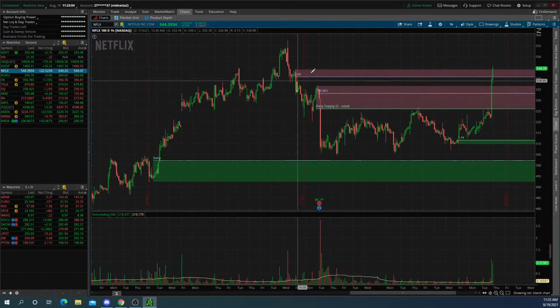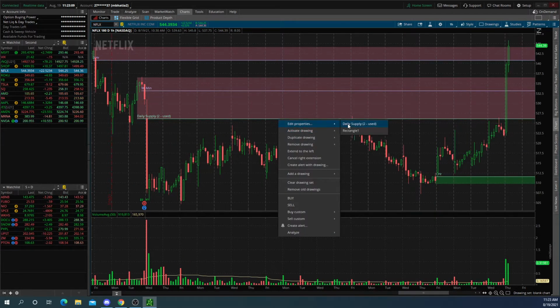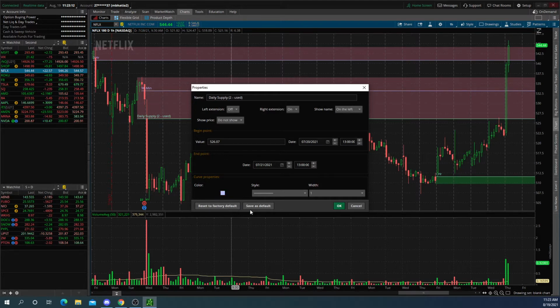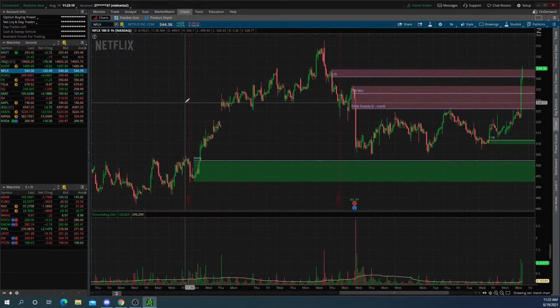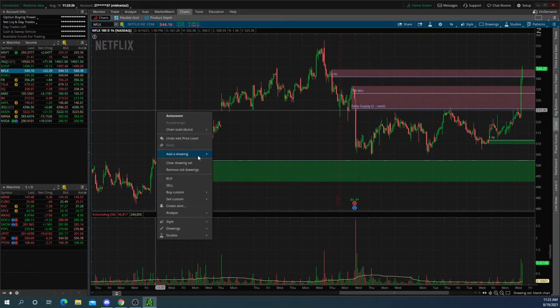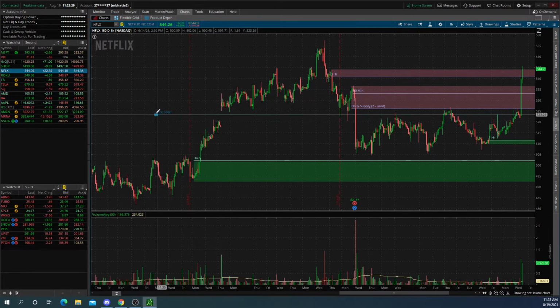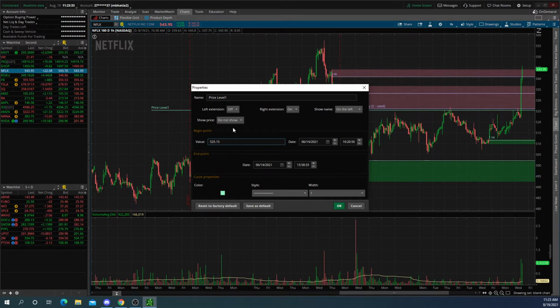So now that I drew out all my supply and demand zones, this is annoying me. Let me just go ahead and change this to purple. Or pink or purple, whatever. And now I'm going to be drawing out my key areas of support and resistance. Automatically I see that this 525 level has multiple touches as support and multiple touches as resistance. The exact level I was watching was the 525.15 level. So I'm just going to mark that as a key level because it acts as both support